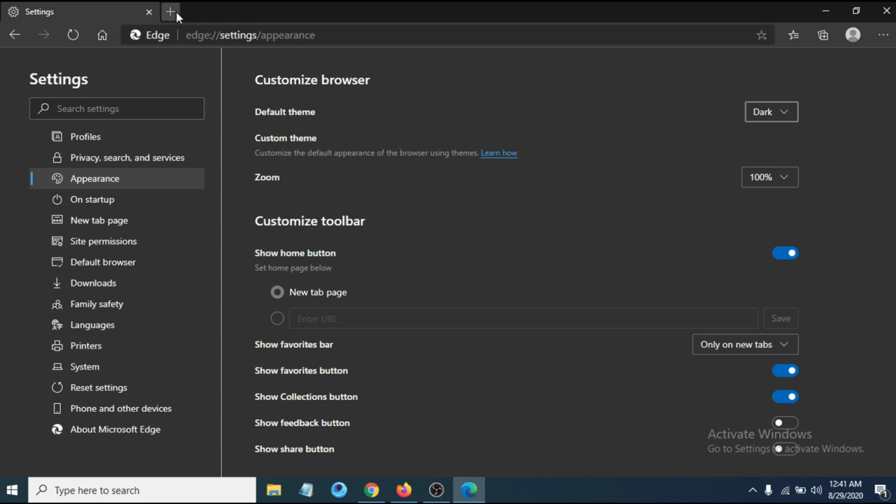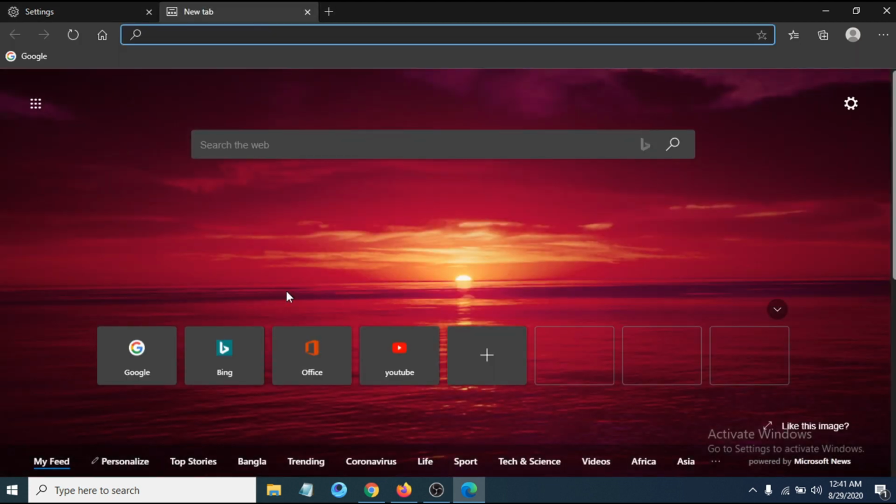So if you open a new tab here, you can see everything in Microsoft Edge is now dark or black. The address bar, the top tab here, and also the links here are all in black on dark mode. So that's it guys, that's how you turn on dark mode in the Microsoft Edge new Chromium